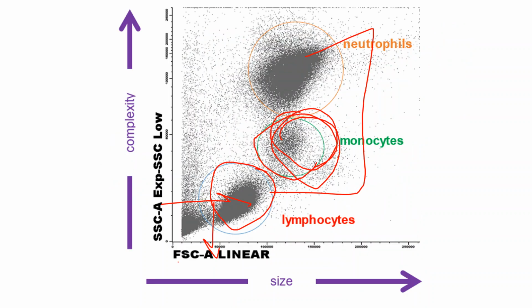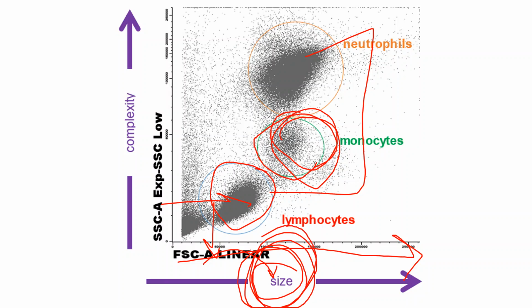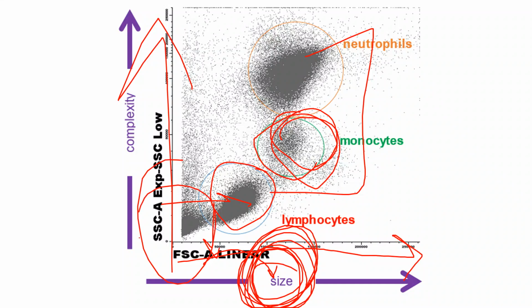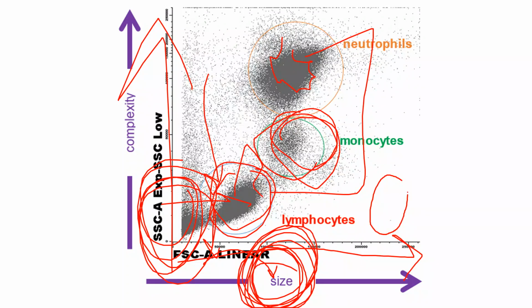Here, the x-axis represents the forward scatter, and this forward scatter gives the size of the cells, how big the cell is. And the y-axis represents the side scatter, how much complexity there is. We know that a lymphocyte has one nucleus. So if there is less complexity, the cells will come here and the size is also less. If the complexity is high and the cell is small, then it will come here. If the complexity and size both are very high, then it will come here.